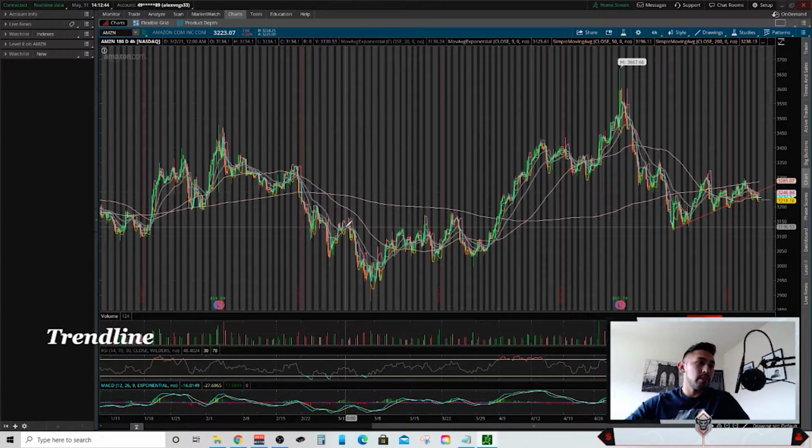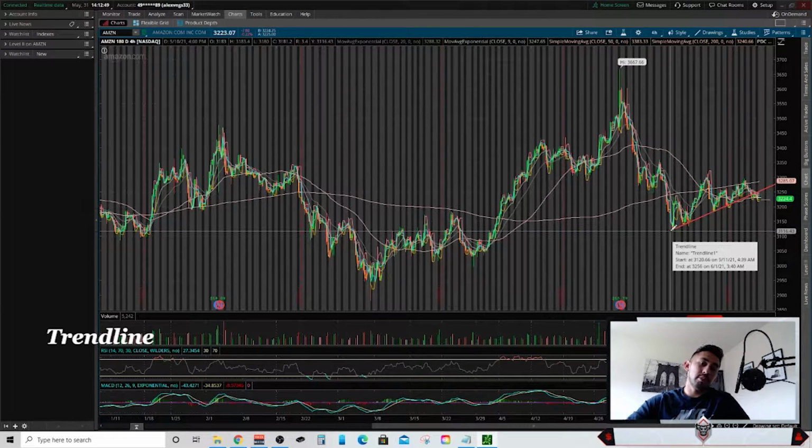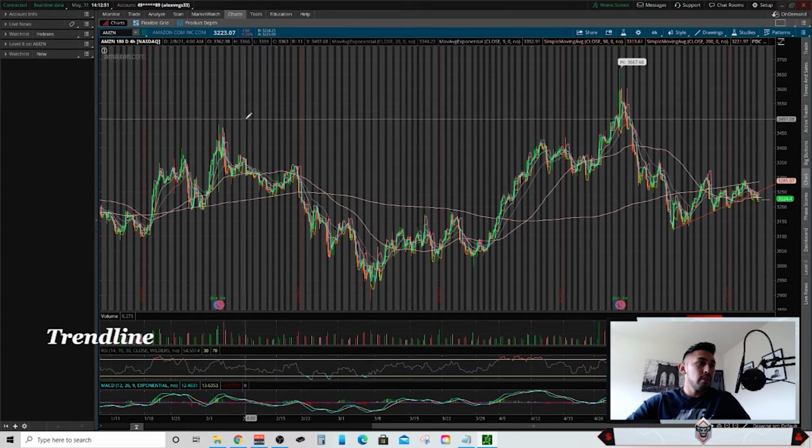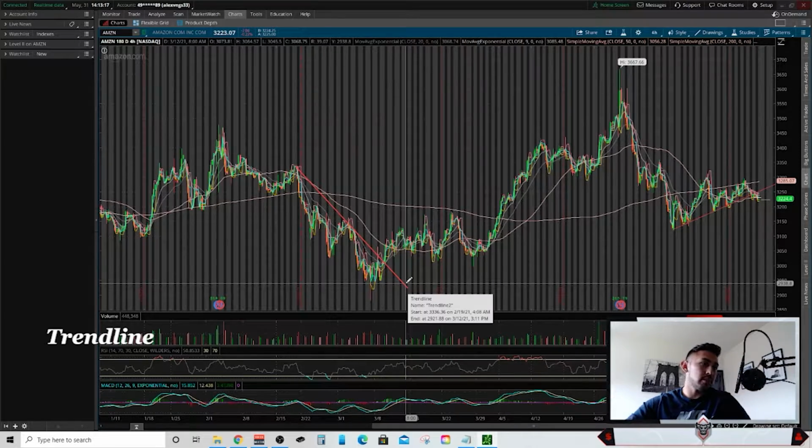Trend lines work both ways though. So this would be considered a bullish trend line support level. On the other hand, there is a bearish trend line resistance level. And this is the same concept, except we're plotting it on the extremities of where the price changed direction. So right here, this is a trend line resistance level. We had a point right here that it couldn't break, and then we had it again right here. And if we connect these two levels, we'll see that this is a trend line to the downside.